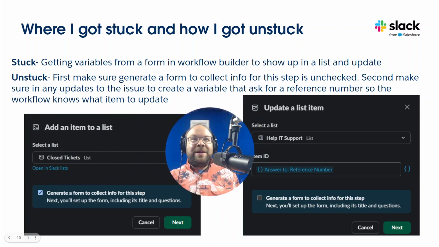So over here, I'll put my head over here. On this one, you'll notice there's a check mark that says generate a form to collect info for this step. So when you're in Workflow Builder and you say, okay, add this to an item in the list, this is automatically going to be checked. You're going to want to make sure you uncheck that because you've already created a list and you already have a form at the top that's going to collect all that information. So you'll want to make sure that that's unchecked, excuse me,